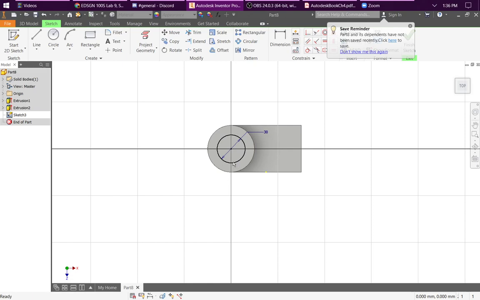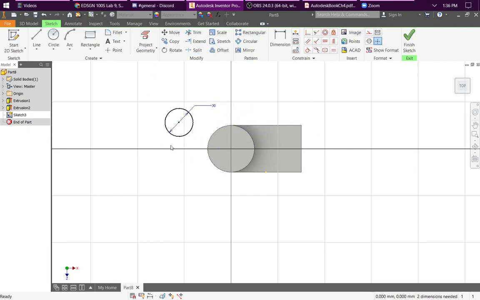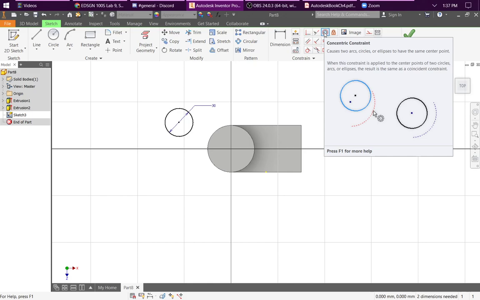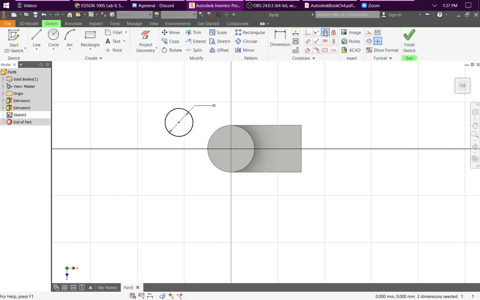And we do not want that circle to be able to move up and down, left and right. So even if you had drawn the circle out here, you can use the concentric constraint to make it concentric with the circle of that feature that we already have. So we'll click concentric, we'll click this guy, and then this circle here, and it has now fully constrained because the location of this circle is based on the geometry that we already have. We'll click finish sketch,